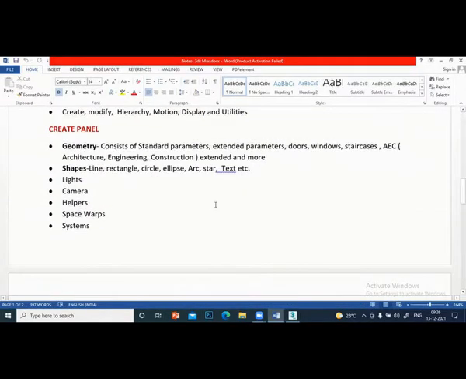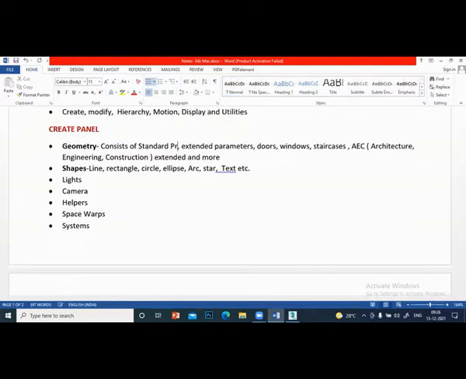So under the create panel, geometry. Under the geometry, there are standard primitives, extended primitives, doors, windows, staircase, AEC extended.